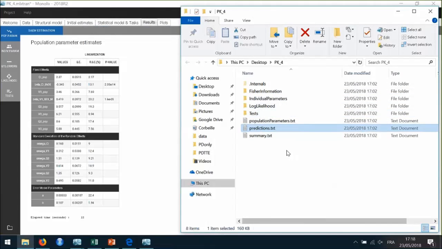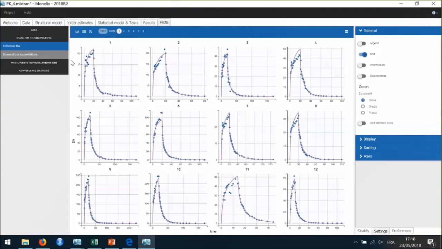And you can also get the output of the plots. So all the points that have been used to generate this plot can be exported as chart data, so as tables that you can use then to regenerate your own plots. For instance, if you want to change a bit the display, you can use your favorite software to generate your own plots based on the chart data.